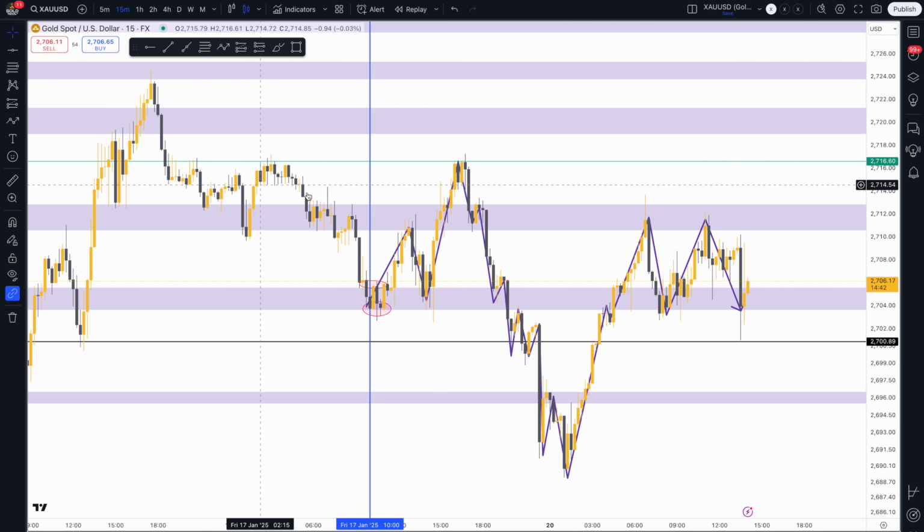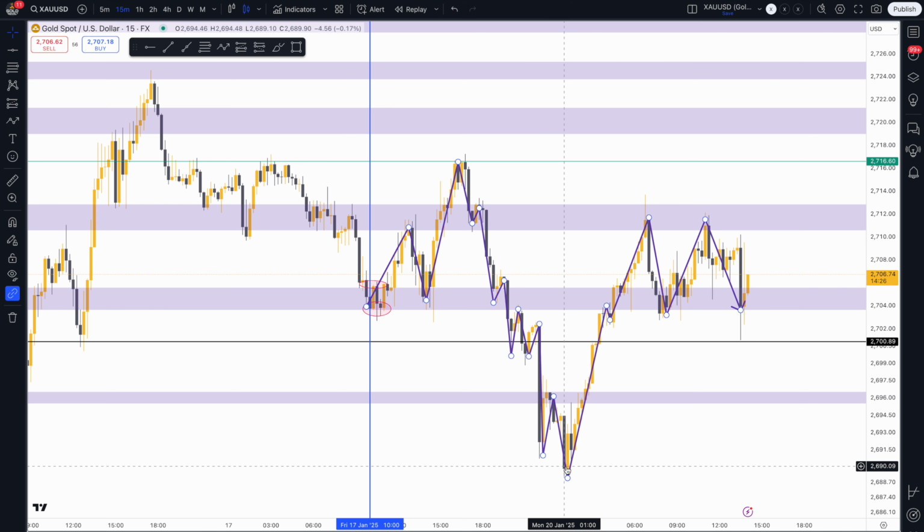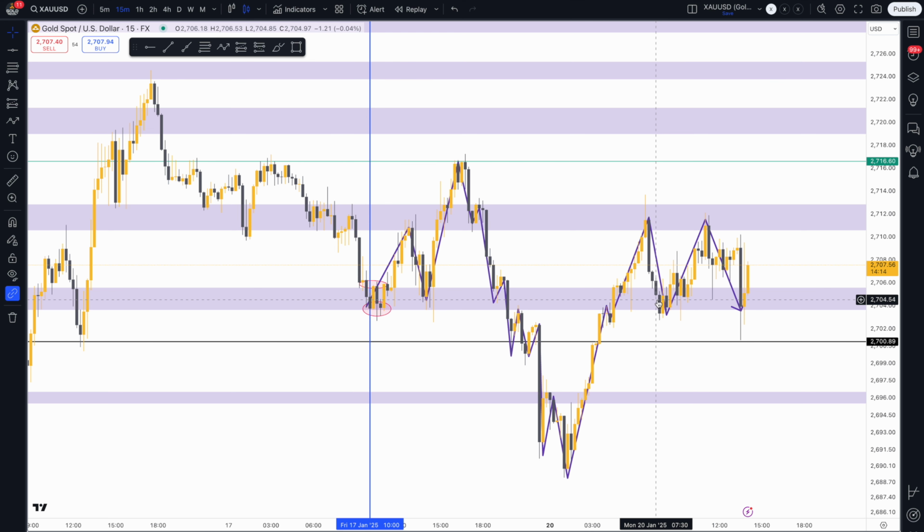As you can see, price has tested around this area before, and then we came in to test that 2711 area, and then price fell down. We tested at that 2705, price tried to push up, and then we had that break of the 2700 range. We had a near 100 pip retracement out of the 2700 range, where we saw price come to around 2689. Since then, price came up to test this same level of 2711,